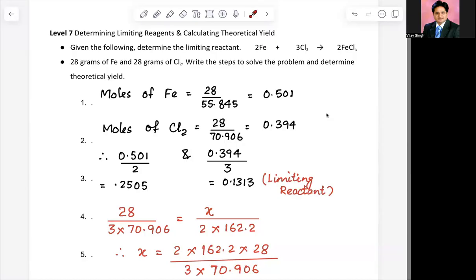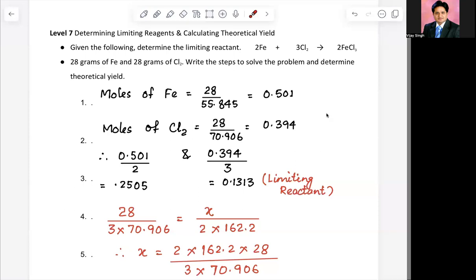So chlorine is going to decide how much iron chloride will be formed. Ferric chloride, that's FeCl3, would be formed. You have the formula, which was discussed in class: your mass divided by the molar mass multiplied by the coefficient should be equal to the mass of the other compound divided by its molar mass multiplied by its coefficient. So in this case, we are trying to see